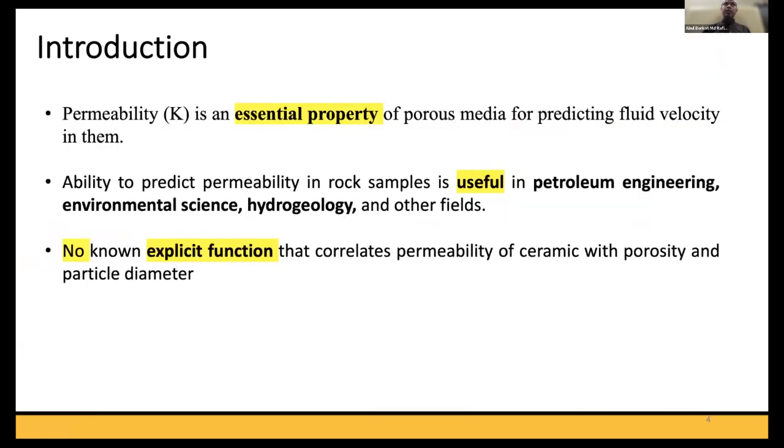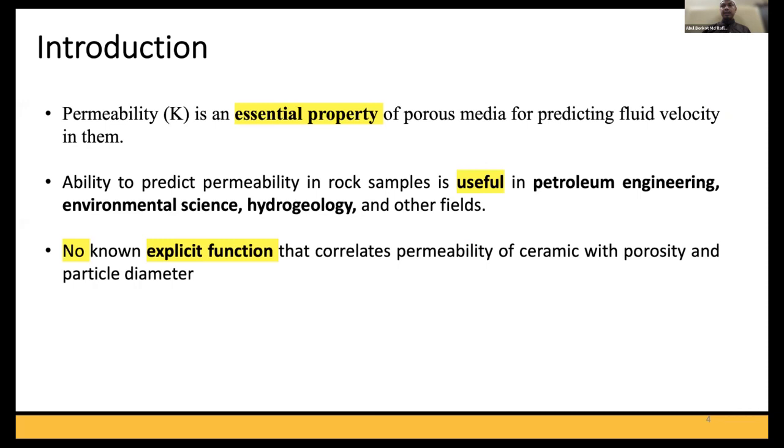For a porous medium, there are several properties which are important for the characterization of this material, and also for determining how the fluid travels throughout it. One of these properties is the permeability. That's why the estimation of permeability is important, and there is no explicit function which will measure this permeability. That's why we are focusing on